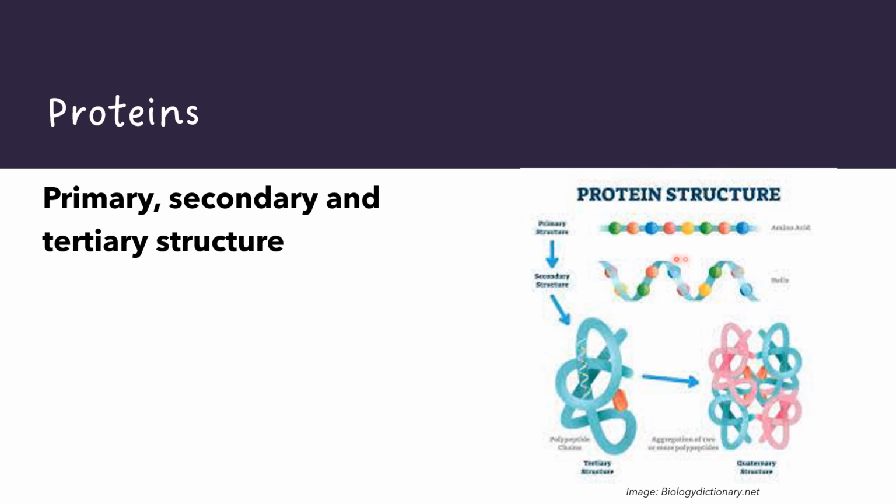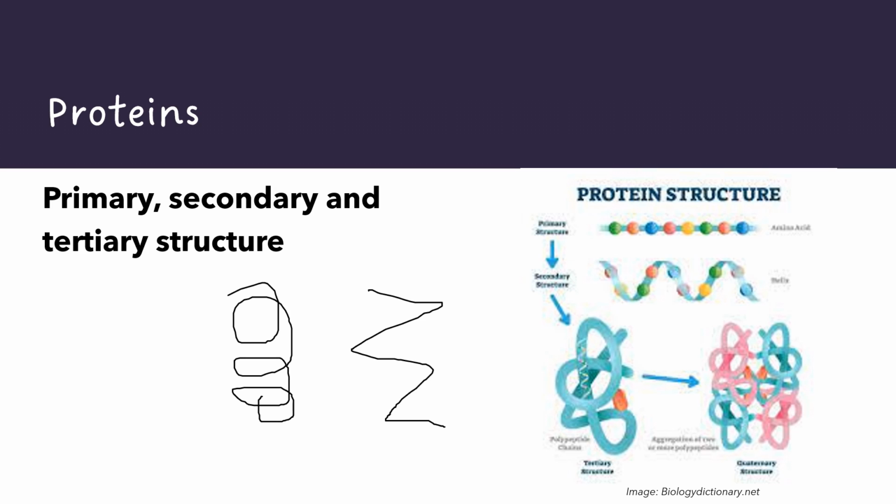As you can see, this is the primary structure of amino acids. Then you get onto secondary structure, which is an up-down wave, or it can also be a zigzag. This is called beta-pleated sheets, or this one is called alpha helix. These are R groups which have a slight positive charge and a slight negative charge, which draws them together to